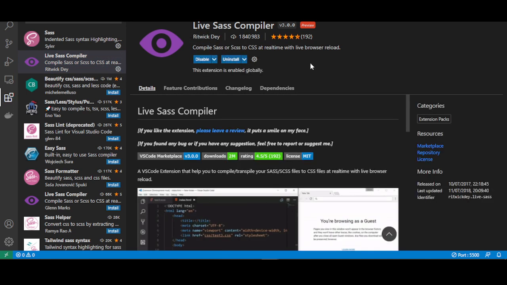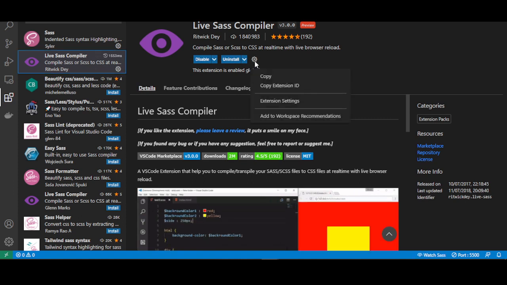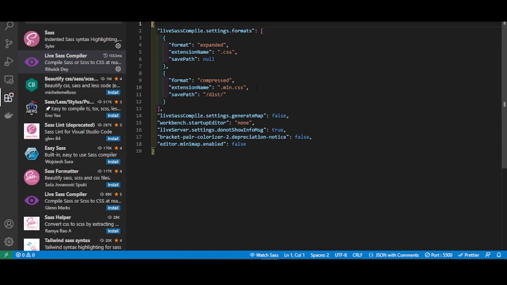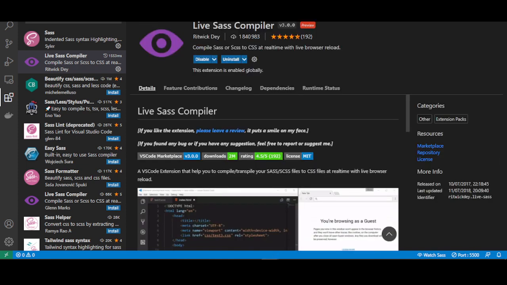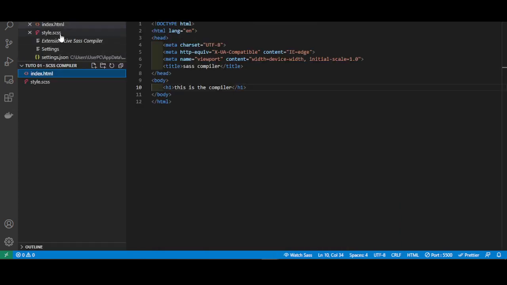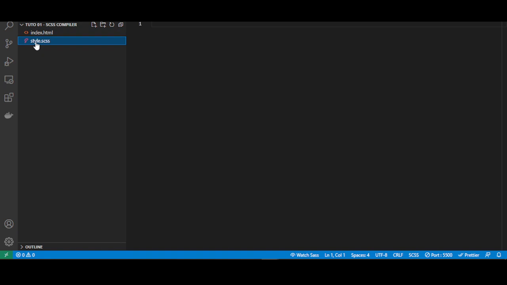So far this is quite easy. The problem is that if you want to change stuff around, you might find yourself with a JSON file that is kind of like, what in the world is this? We're going to have a look at this in a minute. But for the time being, let's just say that you just installed this. So let me go back to my index and to my structure folder. And as you see here, since we have a SCSS file, it shows Watch Sass,